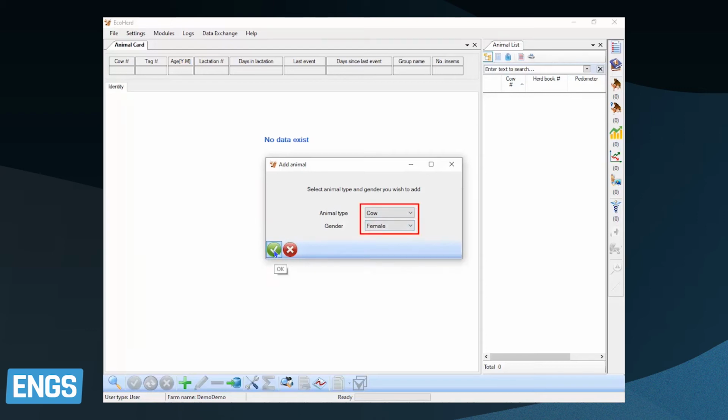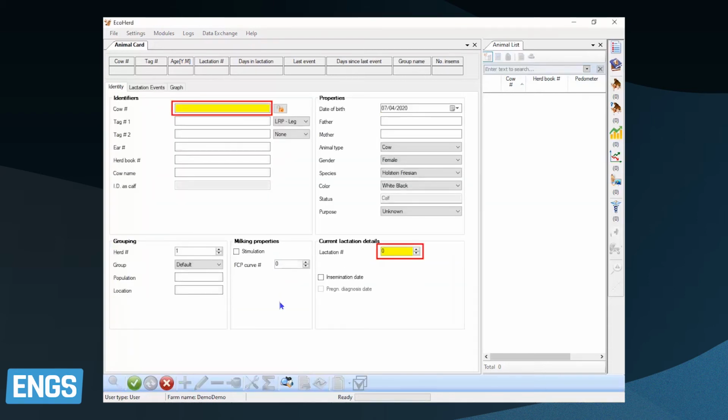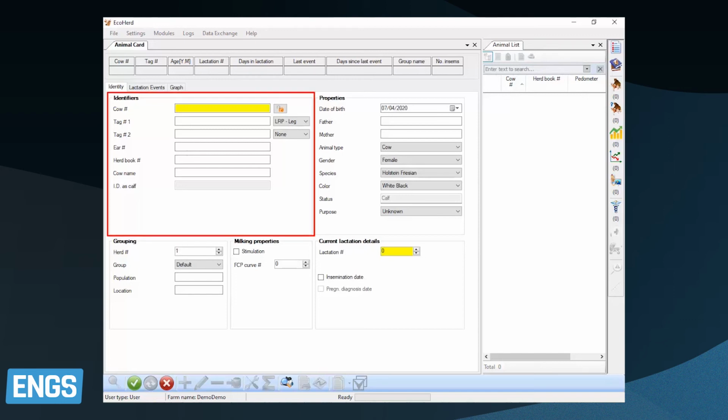If you have defined your herd values in the animal default, the values will appear on the animal card. The two highlighted yellow fields are mandatory. In order to maximize the benefits of our many activity reports and herd reports, we recommend that you enter as much information as possible, as TrackACal utilizes each detail for the reports. We will begin with the identifiers.